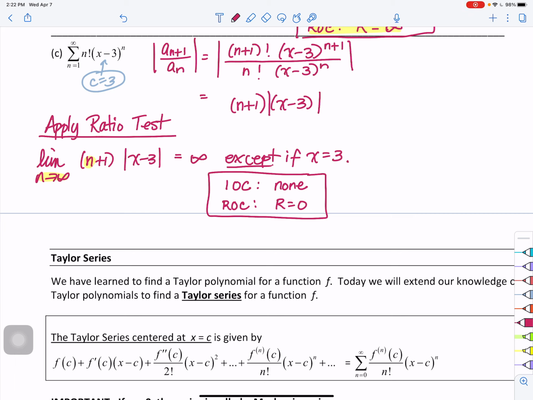So this series converges only at its center. Okay, and that concludes